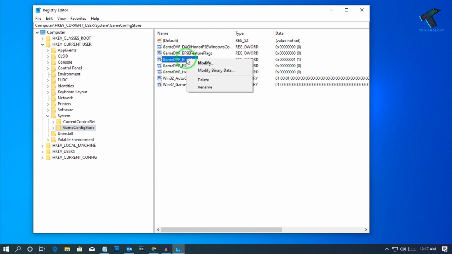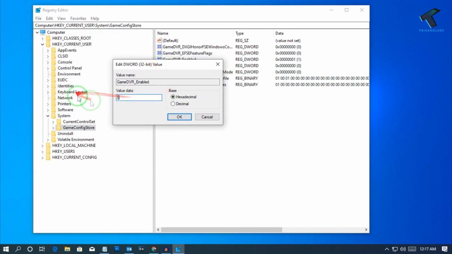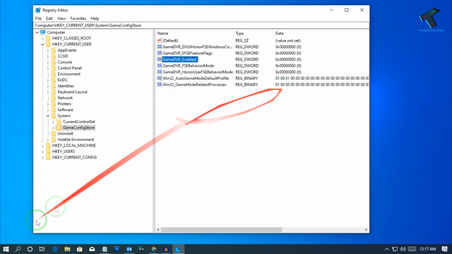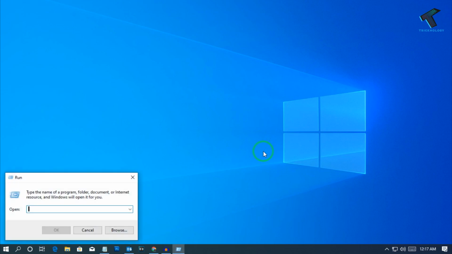So right click on that option and click on modify. Now you have to change the value data 1 to 0. After that, click on OK and restart your computer. So after restart, still if it is not working on your computer, then just go again to run box and type Regedit once again,